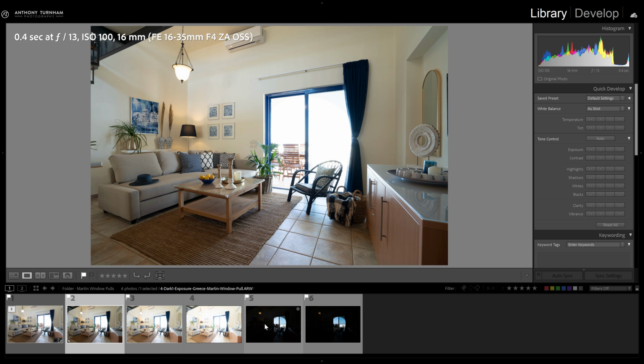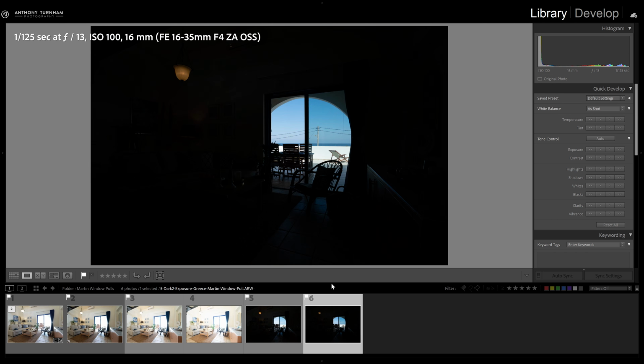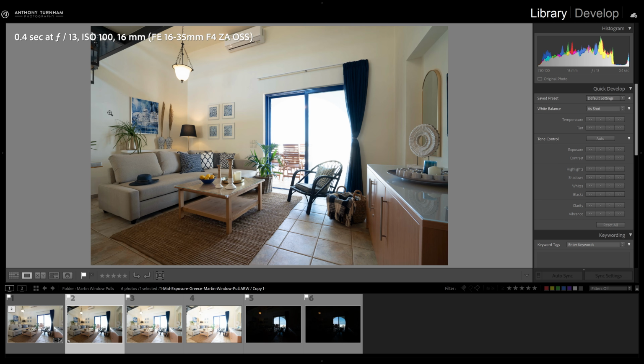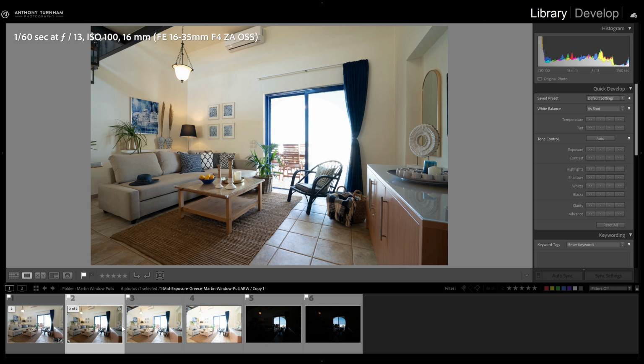The problem Martin has with this set of photographs is as we drop to the darker exposures, the ones which are starting to expose for the exterior, we haven't just dropped 1 stop of exposure, we've dropped several. We've gone from 0.4 of a second all the way down to 1/60th of a second. This darker exposure we have here is about 5 stops darker than this base exposure, and that is a big